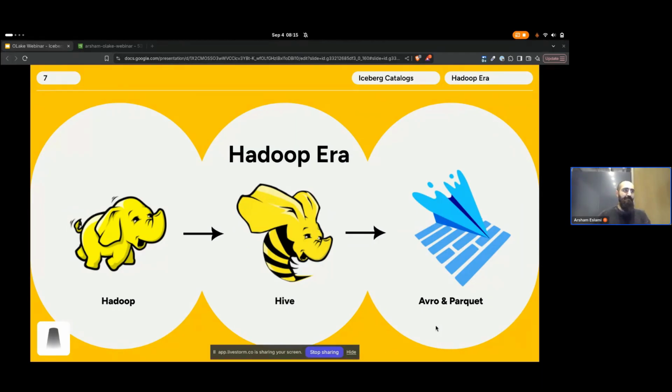I don't want to say it was the first, but it was a really prominent SQL engine on top of Hadoop. It introduced the Hive metastore. It introduced a lot of the things that made these big data systems usable by analysts. It became the de facto metadata store for a while, but it had its own limitations when it came to read-only views and high latency. But people were able to use SQL, which was huge. And then later on in this Hadoop era, we got better and better file formats.